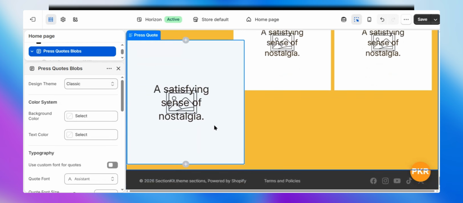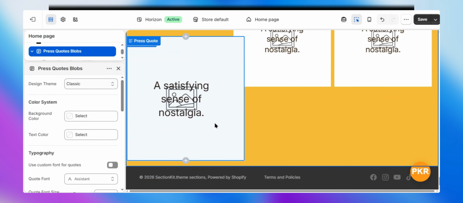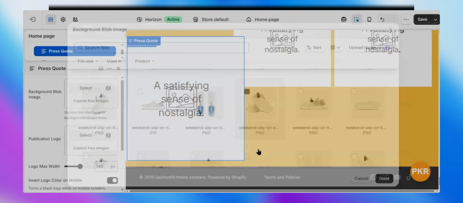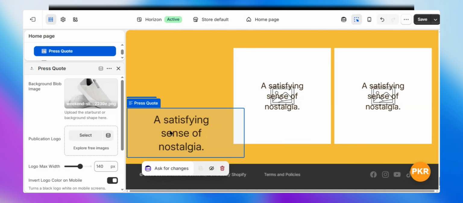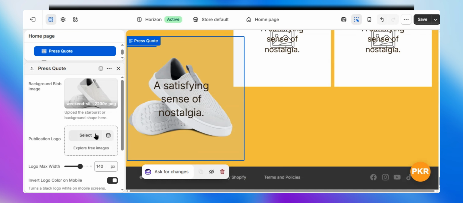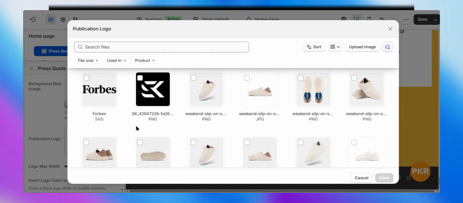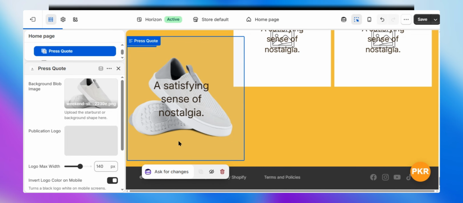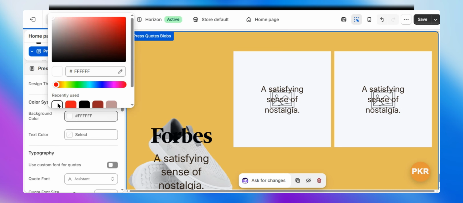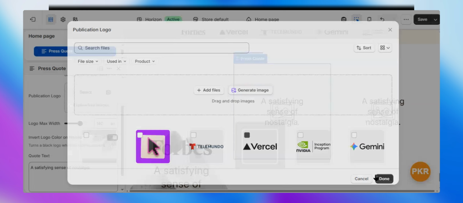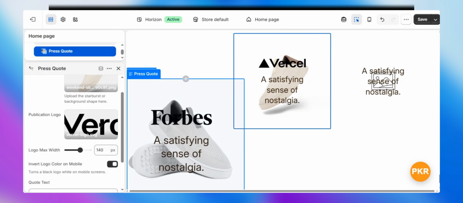Click on any quote and its customizable settings open up on the left side. First, let's add a background image. I'm just adding some random product images to show you how it works, but you can add the actual image of your own product here. Right below that, there's an option called Publication Logo, where you can add any logo in SVG form, just like I'm doing right now. Now let's change the background color to make it transparent, and you can update the heading text too. You'll do the same thing for every quote card one by one, customizing each one to fit your